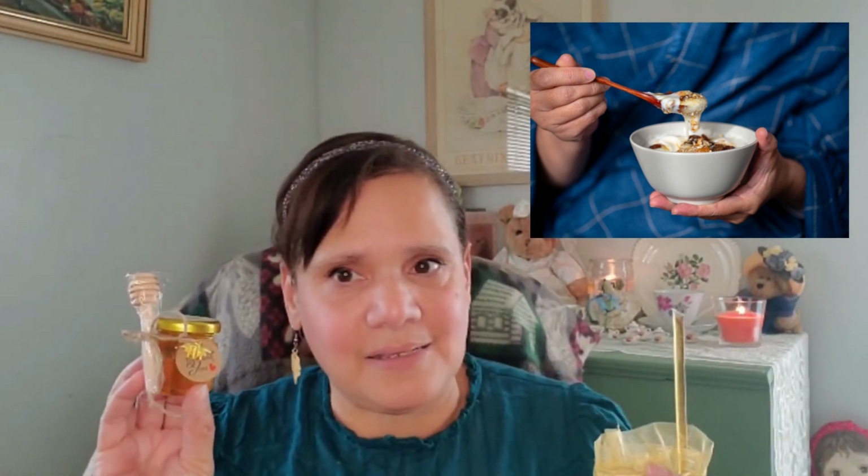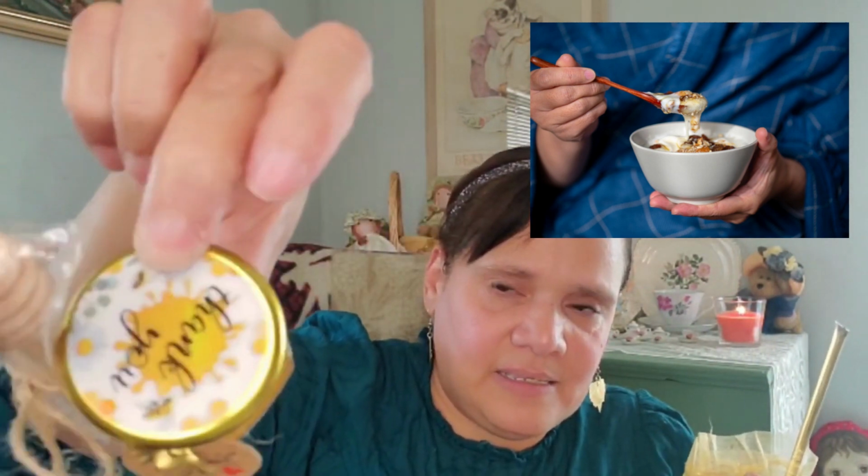Now I had to show you this. I did not make this. I got this at a baby shower, and I think it's so pretty, and this is so easy to make. Look how pretty that is. They had a Winnie the Pooh theme. And they're so pretty to have these at your coffee bar, have them on your shelves,